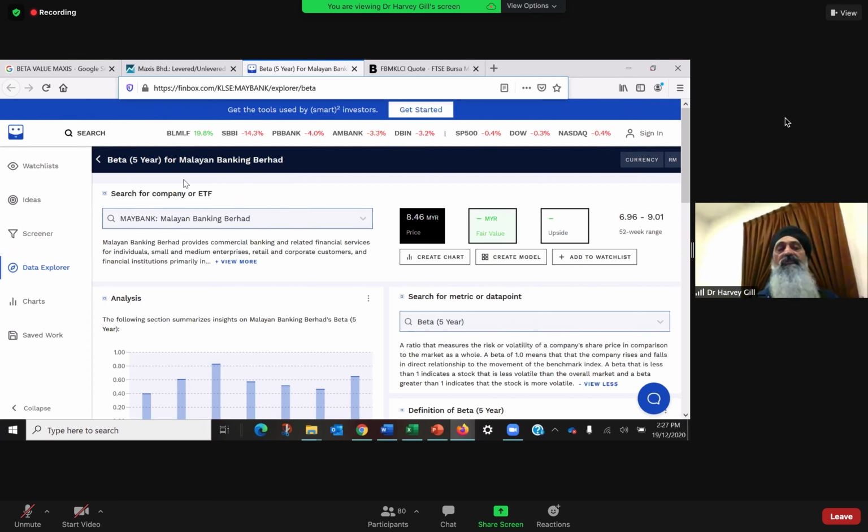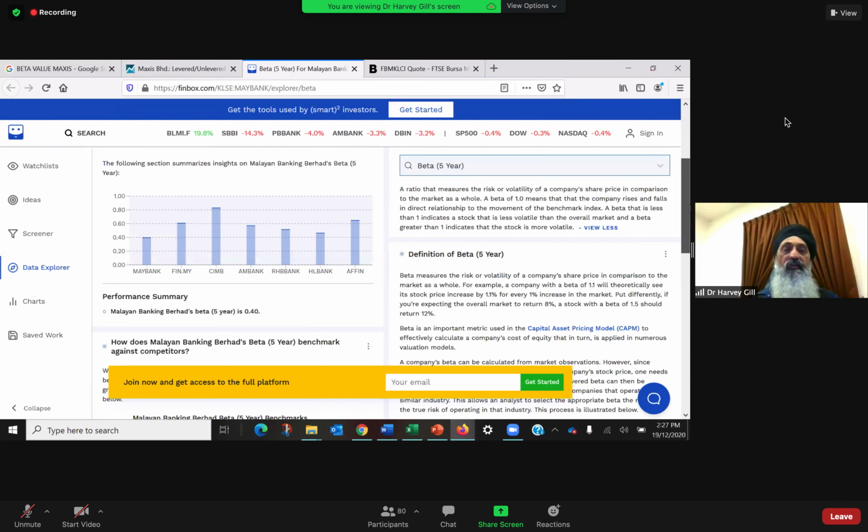And so here you see a 5-year beta for Maybank. And in this web page, you can also do it for other companies. You can also do it for Maxis here. They compare it with the other companies here. So Maybank, CIMB, this is the average here. Mbank, RHB, Hong Leong, and Affin. Yeah. So